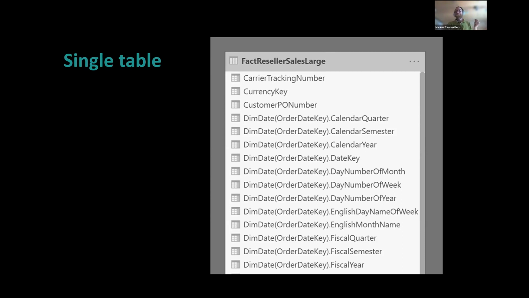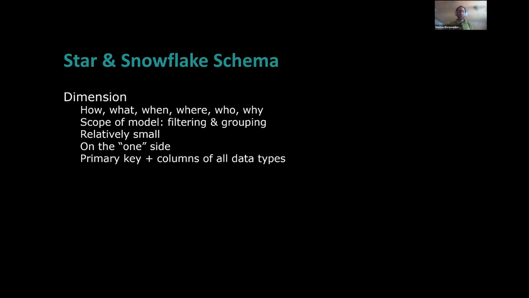You might think maybe it's harder than in Power BI, but Power BI, with the modeling approach, gives us the ability to model complicated things, which is hard or impossible to do in, for example, Tableau. I'm not a Tableau expert, but if you have a single table there, you will end up with other problems. For example, if you want to include the budget, which is in a different grain, it's hard to model, I guess, in Tableau. So star and snowflake schema means that I distinguish between dimensions and facts.